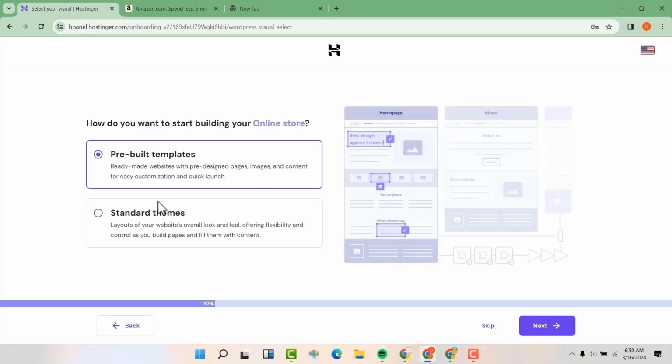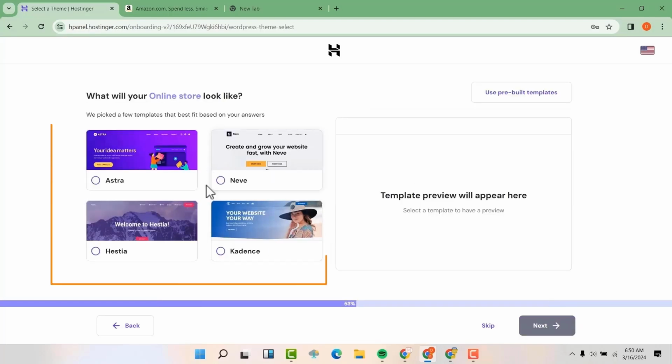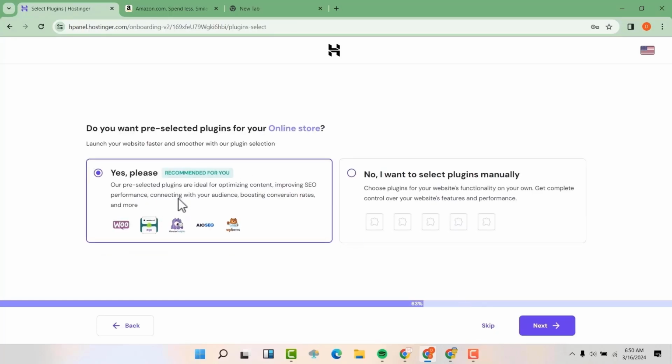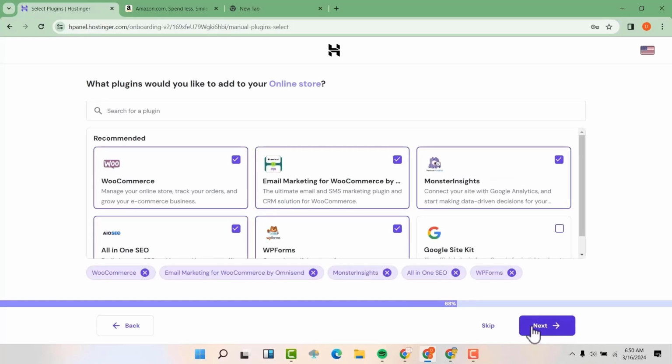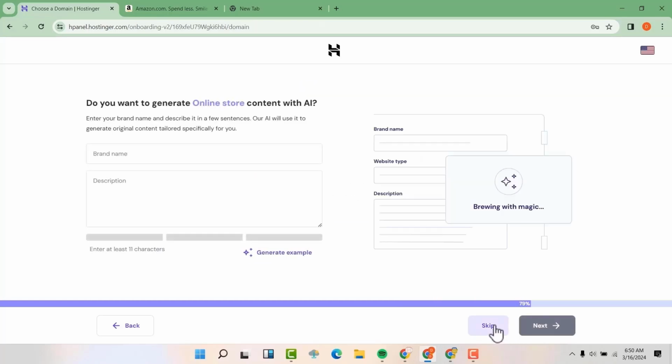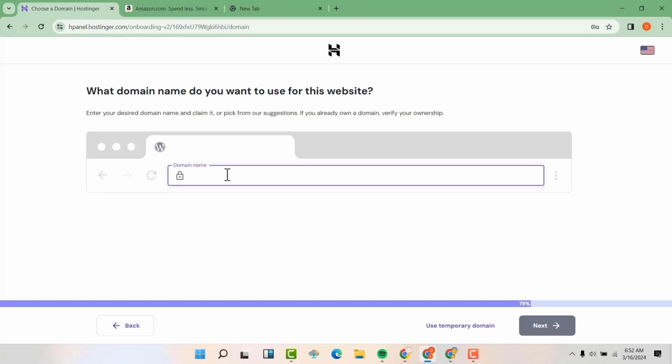Select next. So we're going to select standard themes. Then next. Then we don't want to take any of the themes here. We want to skip this. We also don't want them to recommend the plugins that we are going to use. So we are going to say no. And then we are going to click next. So let us skip this, and now here we can fill in the name or the domain name that we want. So you can think of a domain name that you'll be using for your particular website. Now you can put it here. So mine will be, let me use my personal name.